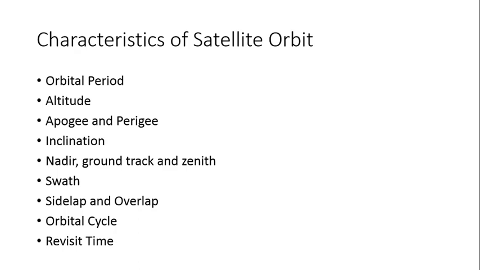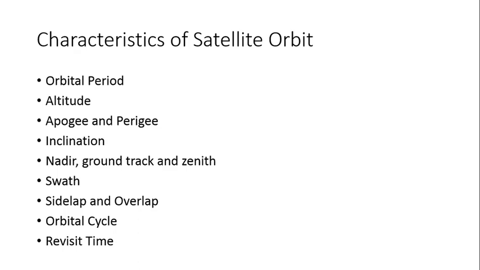The second important characteristic is altitude. The altitude of a satellite is its height with respect to the surface immediately below it. Depending on the designated purpose of the satellite, the orbit may be located at low, moderate, or high altitude. Low altitude varies from 160 to 2000 km, and high altitude is approximately 36,000 km. High altitudes are mainly used by geostationary satellites, and low altitudes are used by polar orbiting satellites.